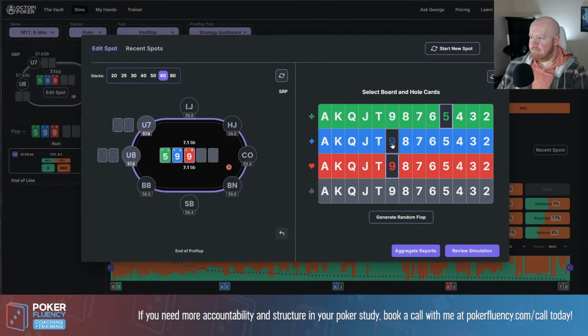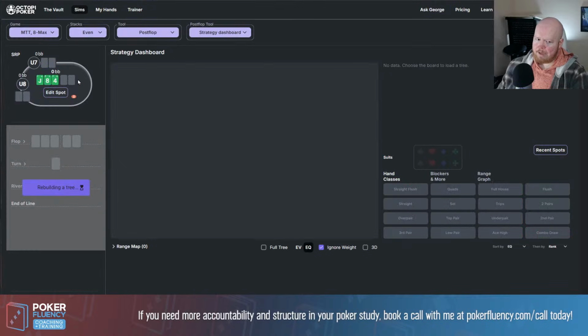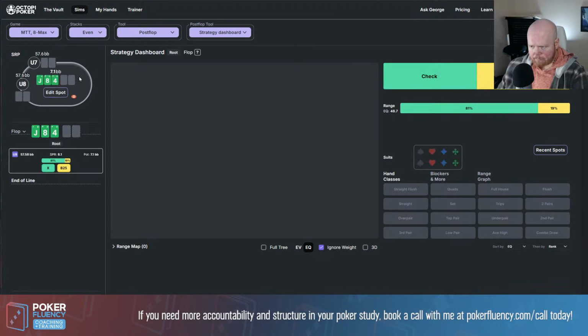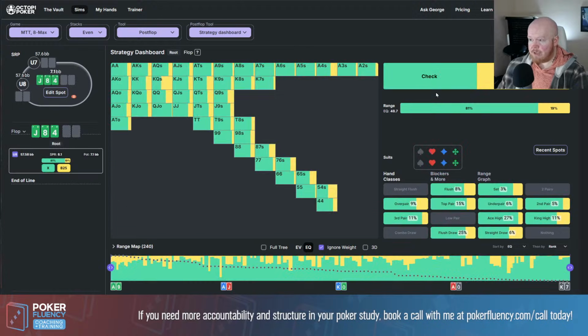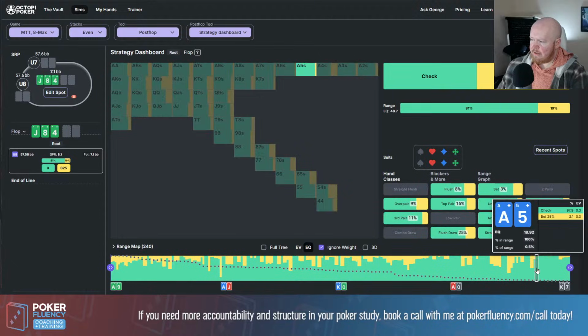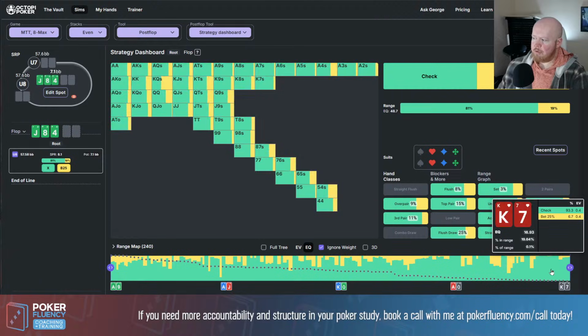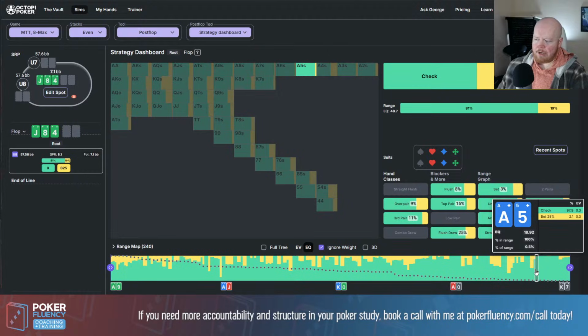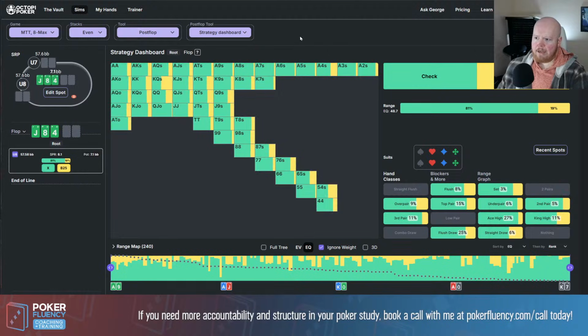If we were to look at some kind of a monotone flop, let's see if we can pick Jack 8-4 monotone. This one I expect will probably have a lot of checking. And we only bet 25% here, so we're not really doing a lot of betting at all. But you can see, even in this kind of spot, other than a couple of combos, the very bottom of the range is pretty much mostly just giving up, right? So a pretty decent rule of thumb is we're going to largely just give up a lot with the bottom of our range. So keeping that in mind, I'm now going to switch over